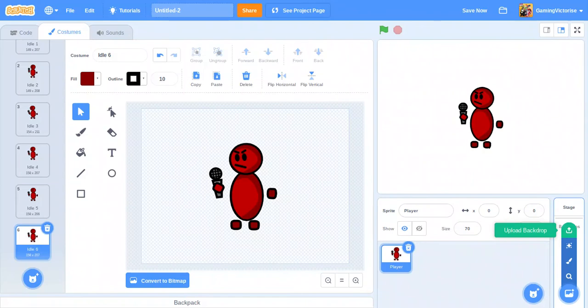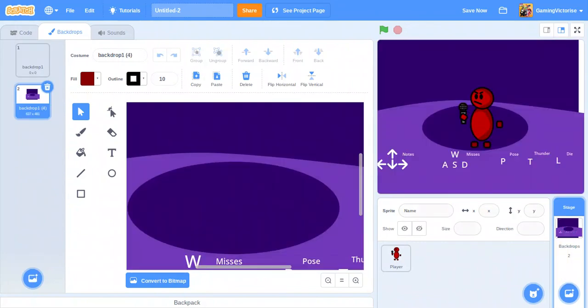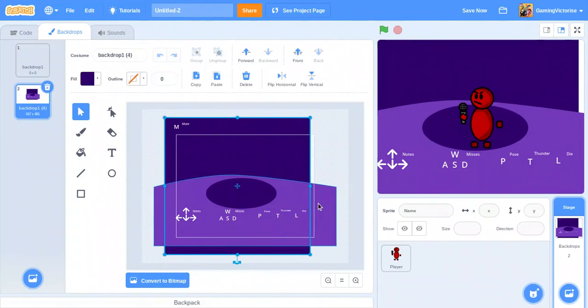So I'm going to grab my background and make it line up where it is. So once the background loads, I'm going to change a few things. And for this to work, I'm going to grab this,